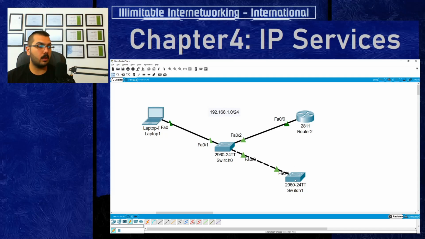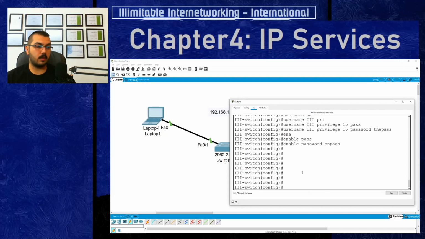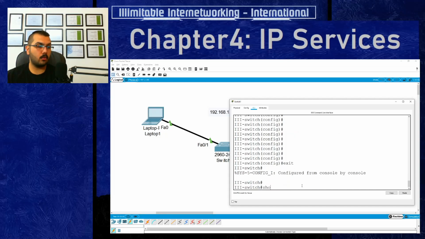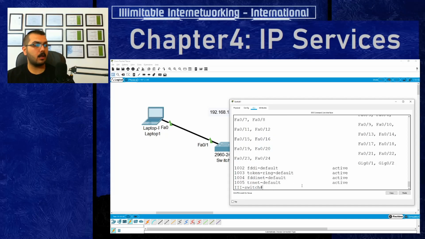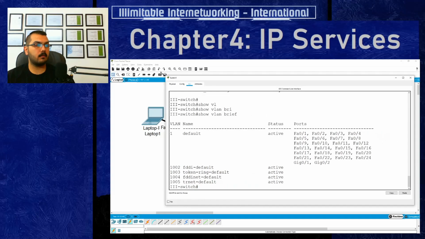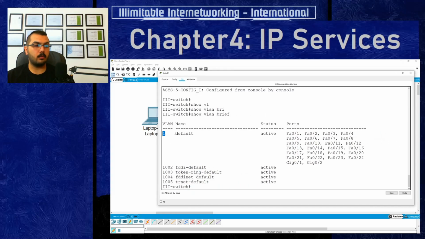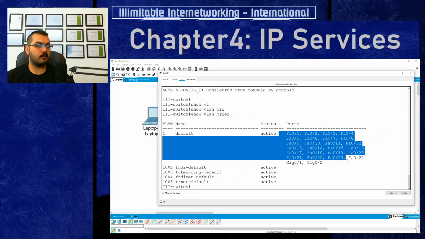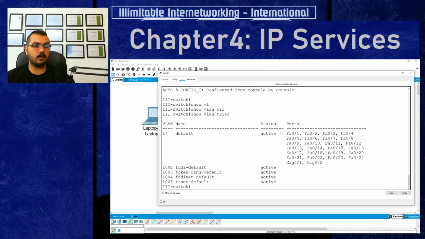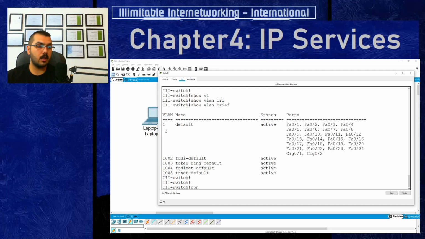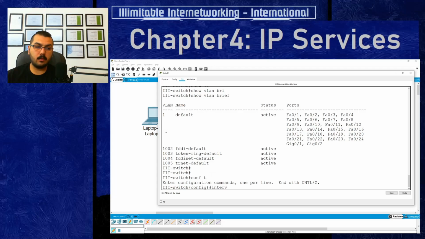Here, what should we do? We should do two things. The first one is to do something. I don't want to create VLANs to avoid confusing you, but exit, show VLAN brief. I have VLAN number 1, which is the default, and all interfaces are lying under VLAN 1, so I will use VLAN number 1 and create interface